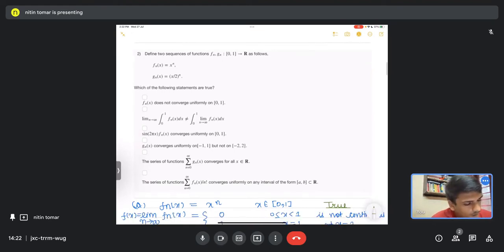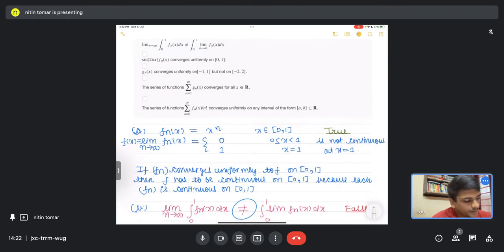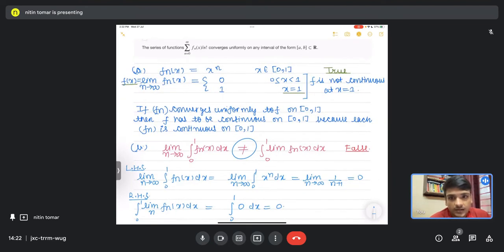If you compute the limit function, it will be f(x) equal to 0 when x is between 0 and 1, or x is equal to 0, and at x equal to 1 it is 1. So clearly f is not continuous. This is my limit function, and f is not continuous at x equal to 1. So therefore